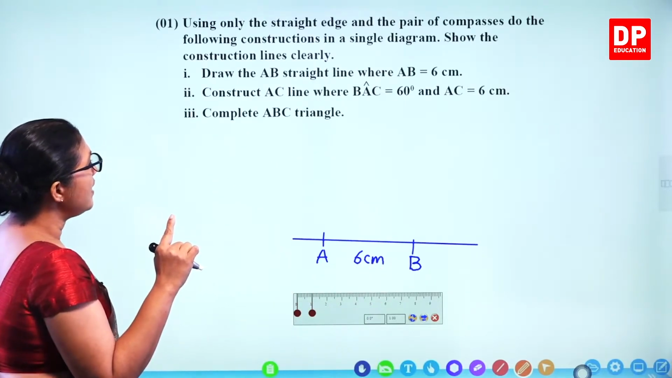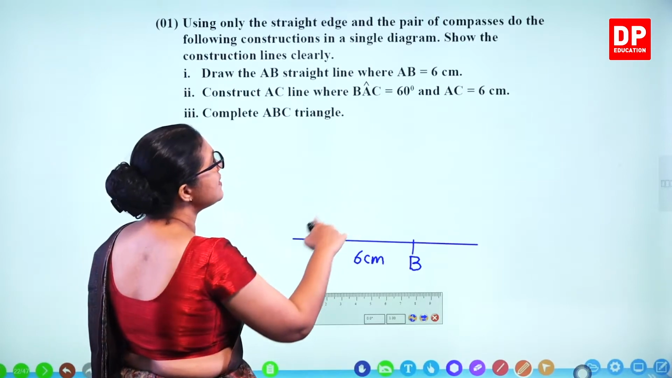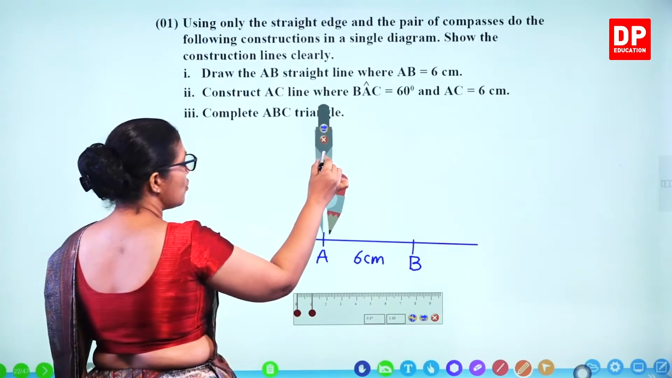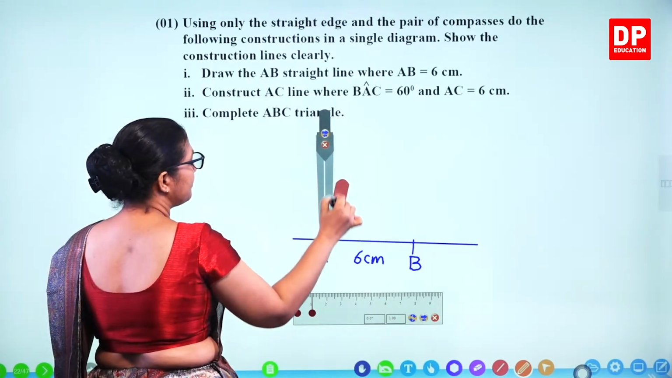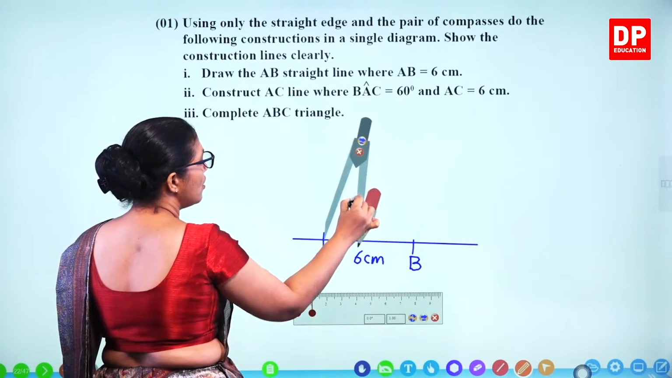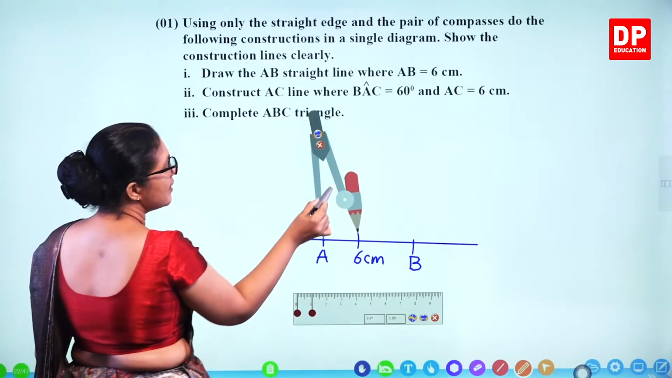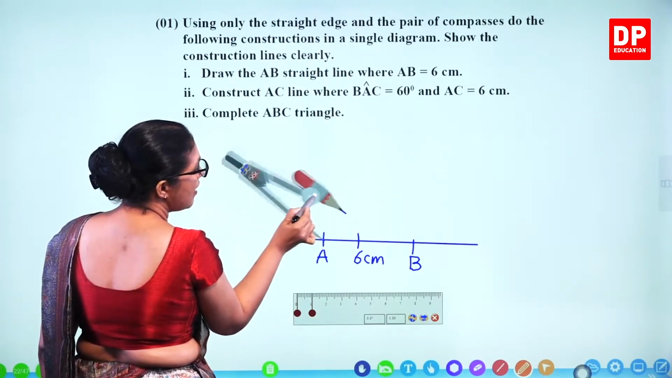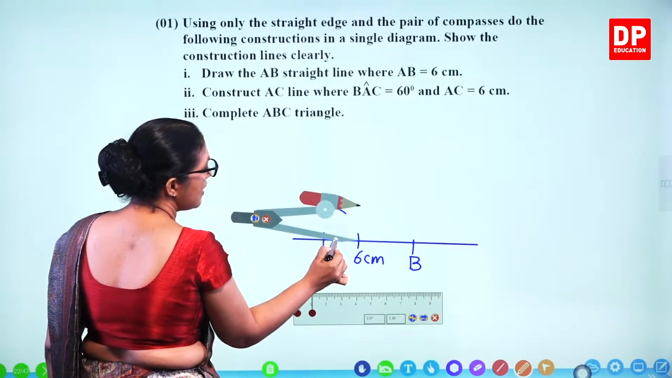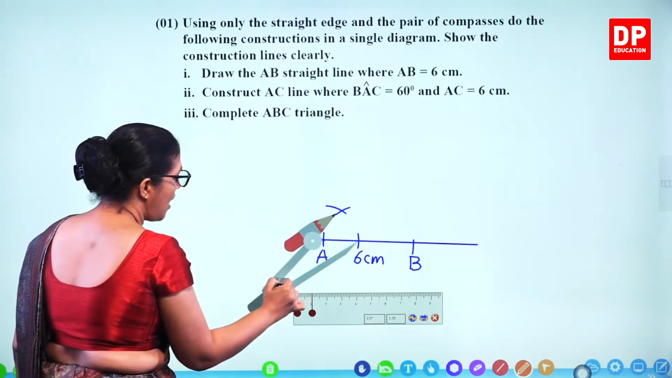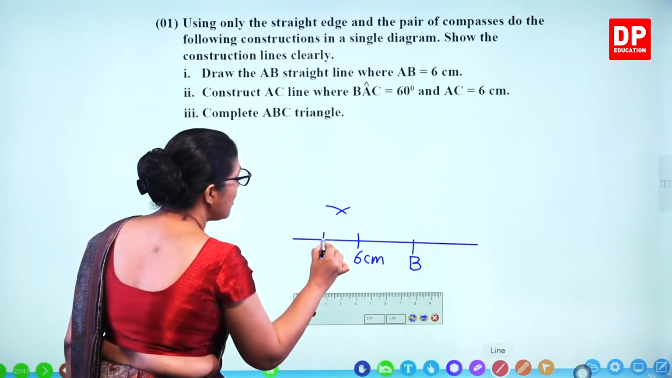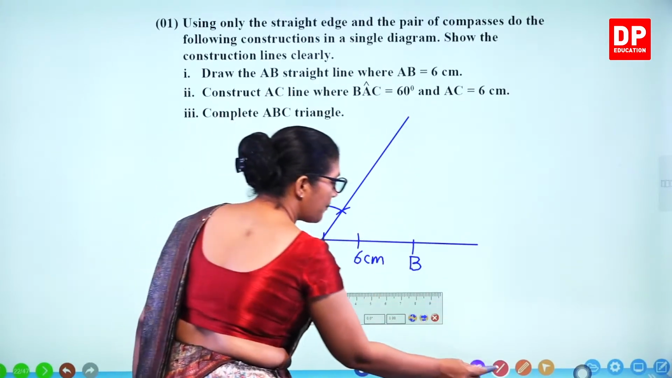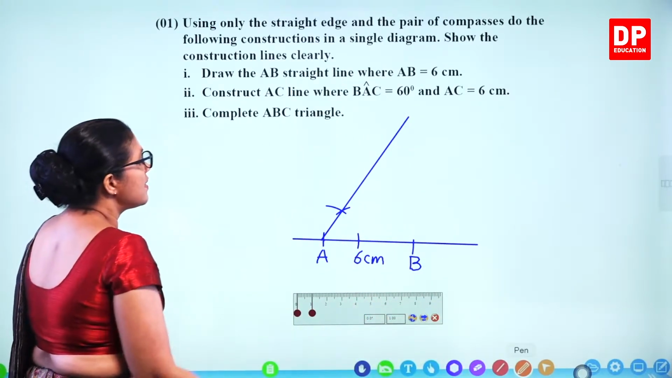Construct AC line where BAC is 60 degrees and AC is 6. So you need the compass for that. So you take certain distance and you have to draw 60-degree angle. Take any length and draw an arc and arc in the middle. And again take the same distance and draw the other arc. So we are using equilateral triangle property to construct 60-degree angle. So this is 60-degree angle,